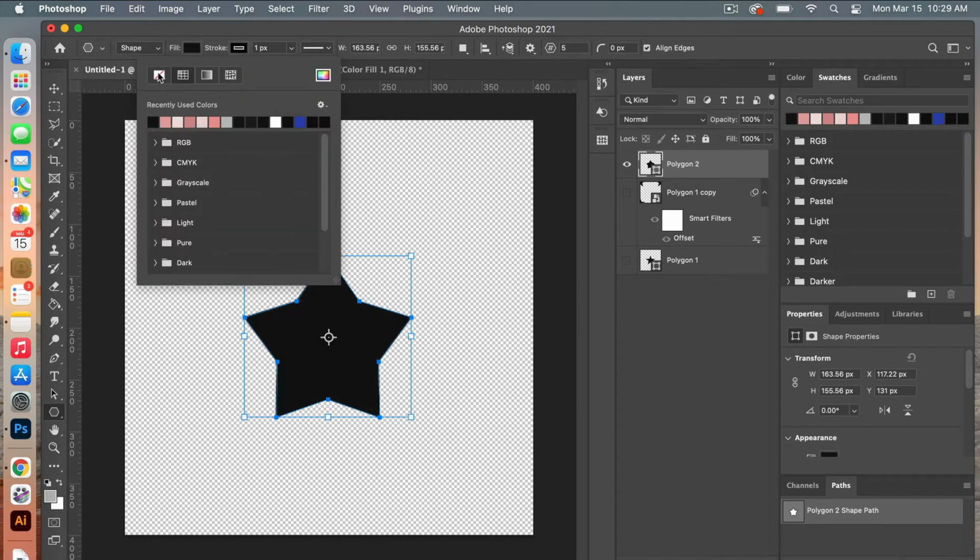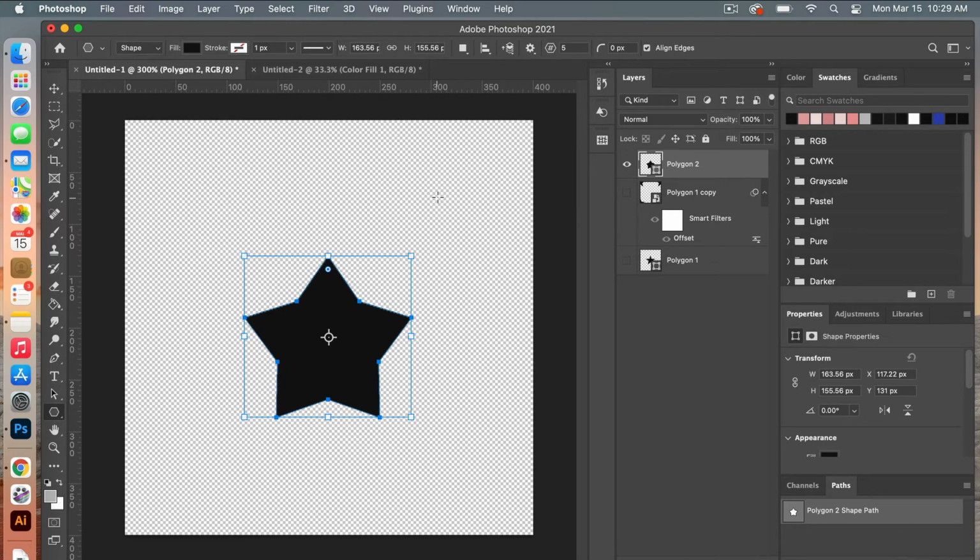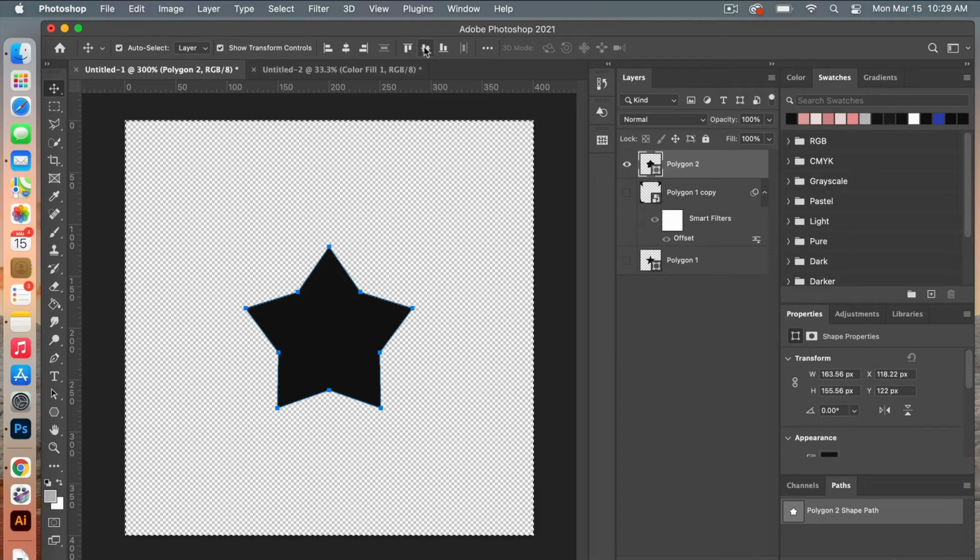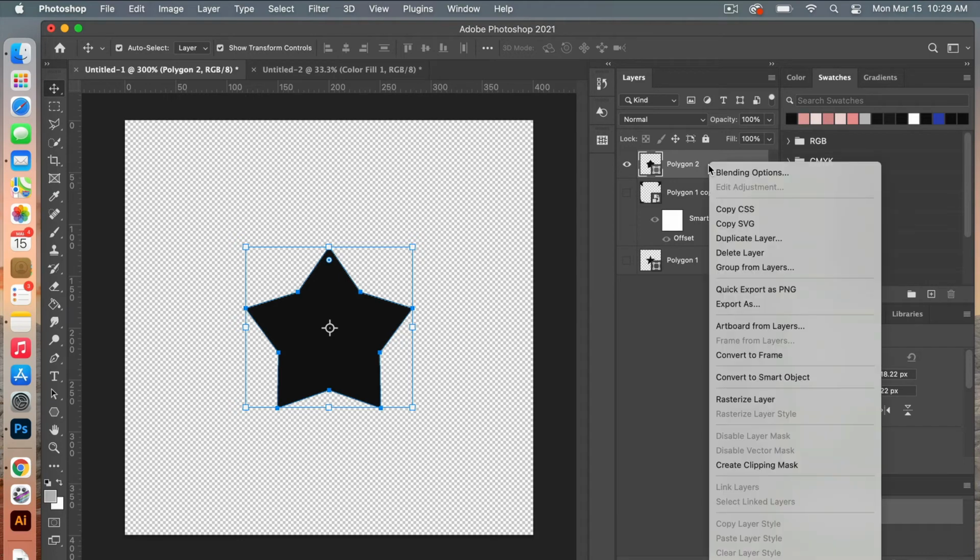Let's change our stroke to no stroke. And then we'll do M for the marquee tool, Command A to select everything, V on the keyboard to get to our move tool so we can center it on our canvas here. With that centered, we can deselect with Command D. Let's go ahead and duplicate this layer again. So right click, duplicate layer,